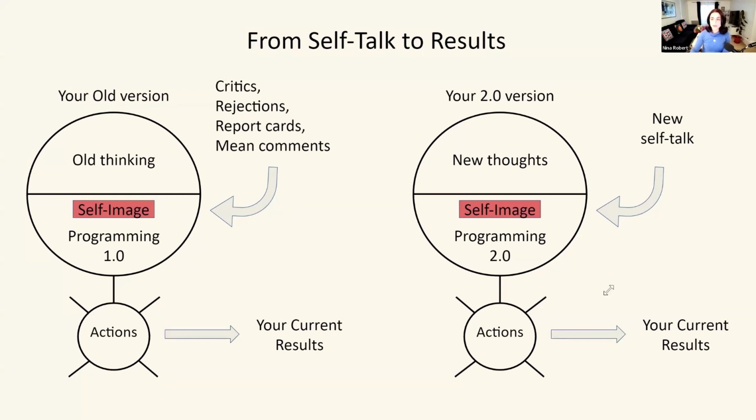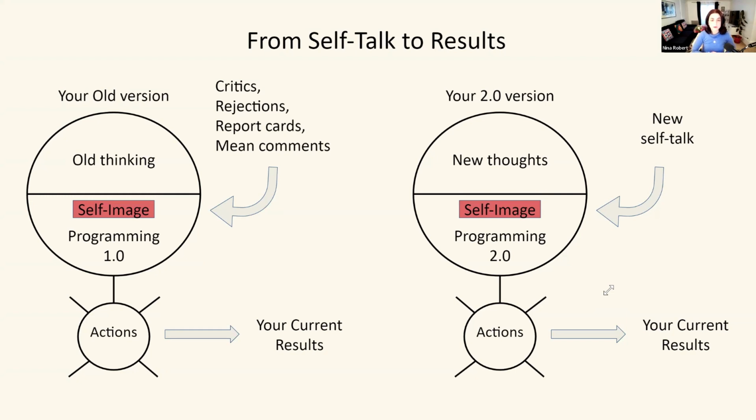So let's get to the practical side of the work now, from self-talk to results. I said that self-talk is very important, and it's actually what's going to shape your results. So how do we switch the self-talk? I think that's going to be the answer to your question, Nada. So how are we able to use something else beside affirmations and beside repetition to change the self-talk? In order for us to do that, let's start to understand from where our self-talk is coming from.